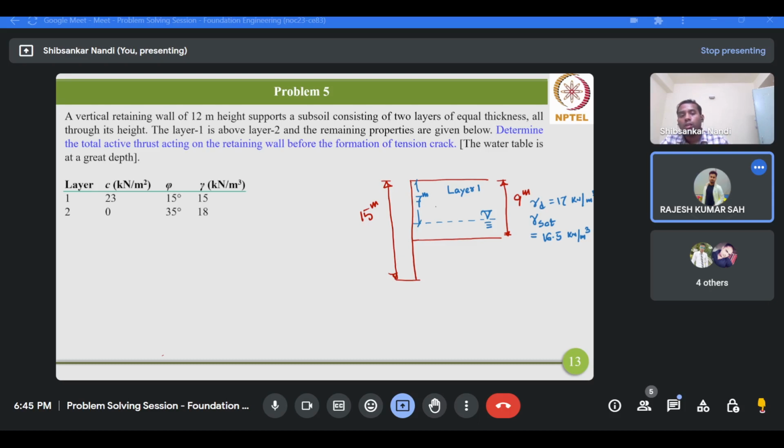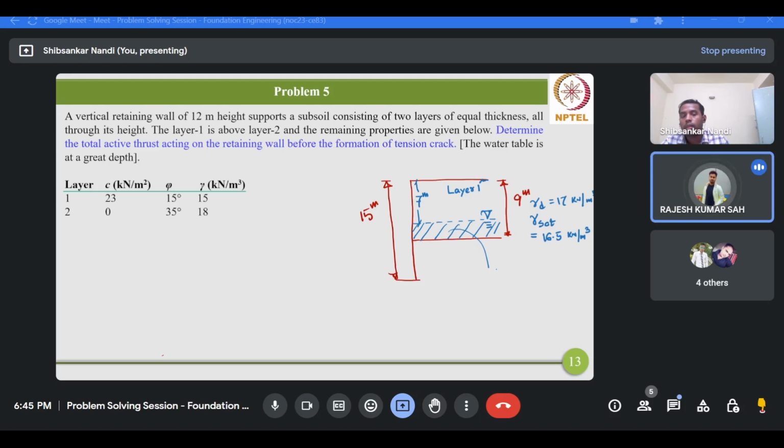So please see that since you have the groundwater table inside layer 1, it's at a depth of 7 meter from the top surface of the backfill. Now I don't know, obviously this part, that means below the water table, will it be dry or in saturated condition, but